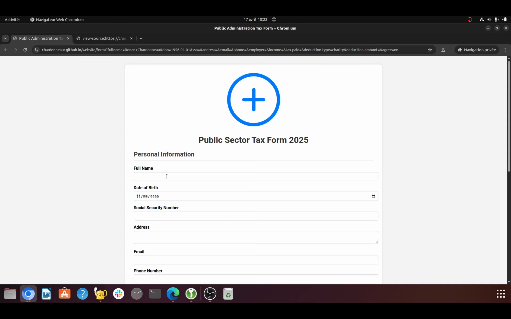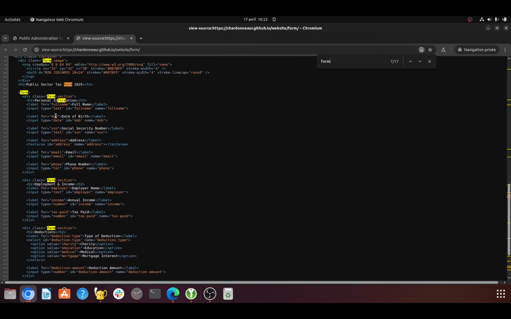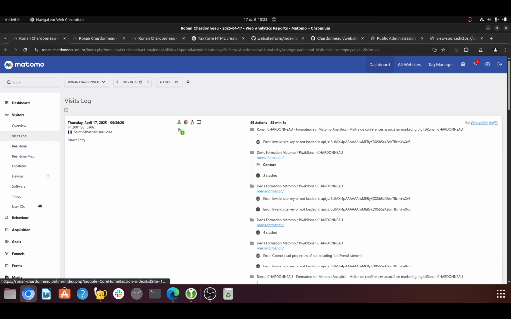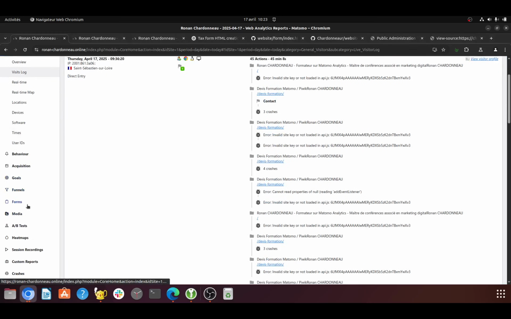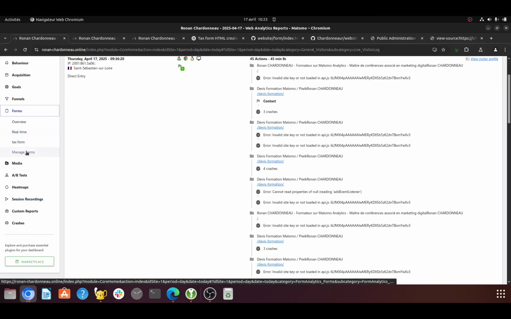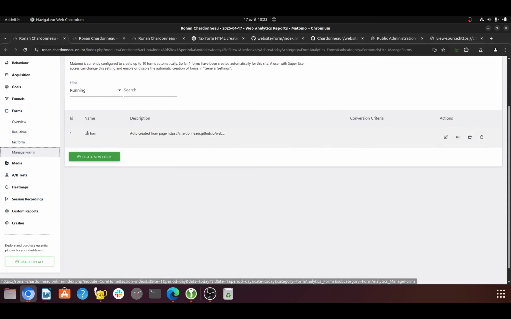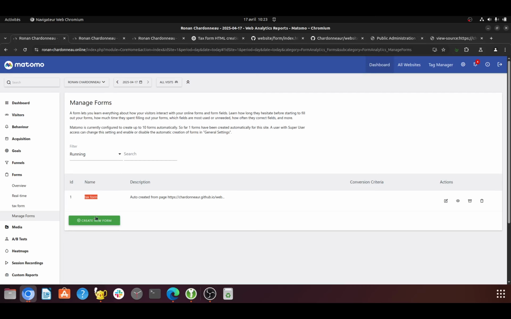And in addition to that, you need to have some HTML attribute on the form so that it can get recognized by Matomo. What I mean by this is, you see over here the form, I refresh my page, and having an ID within it will make Matomo recognize it. And if we look over here in Matomo, automatically, if you have this ID, Matomo will do the job and recognize the fact that you have a form on your website,